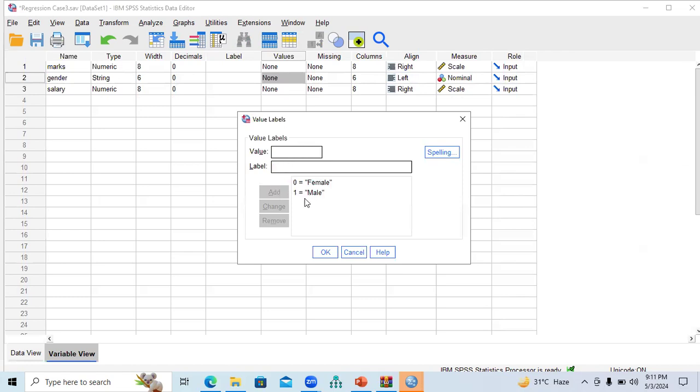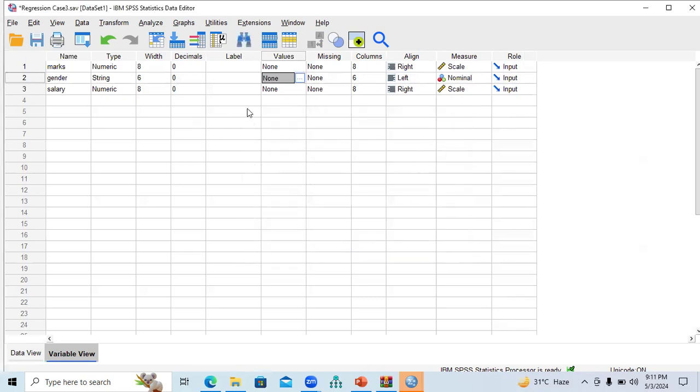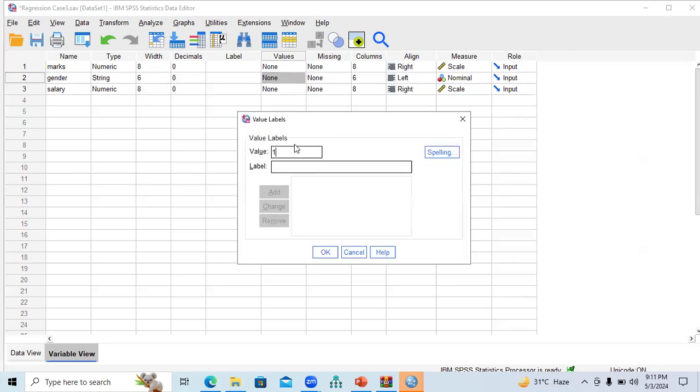As I have already told you, one indicates an impact. Here I am interested in knowing the impact of male as a gender on salary. So what I need to do is one for male and zero for